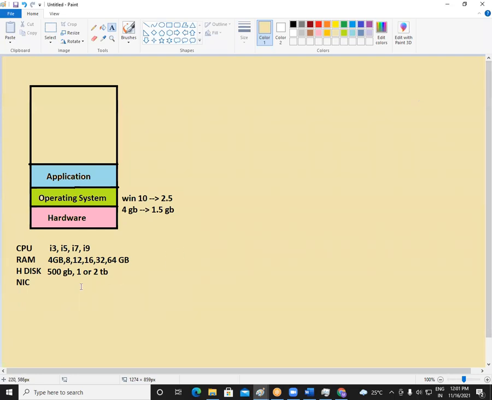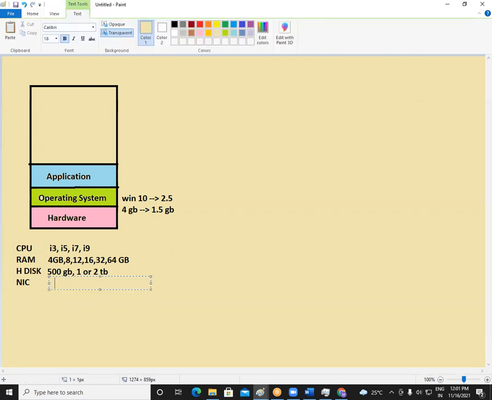And the last thing that we have to see here is the NIC card. Every computer has minimum one NIC card. NIC card is your network interface card. See where you connect your network on your machine. You connect your network on your machine to this NIC card. You take a cable and this cable will be connected in your computer or maybe in your router or maybe server or wherever.